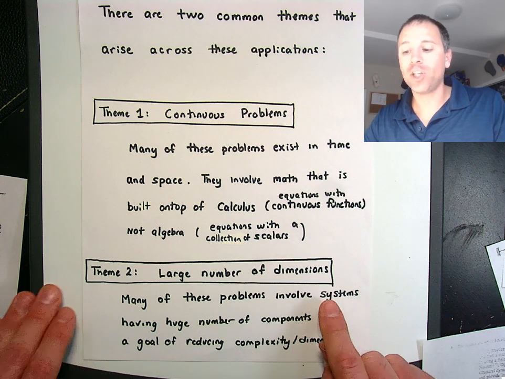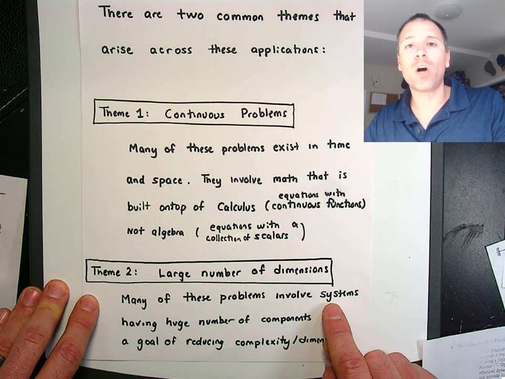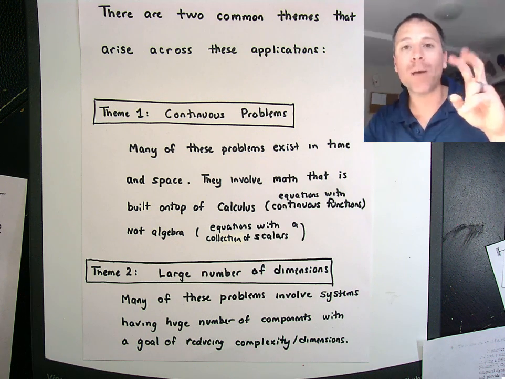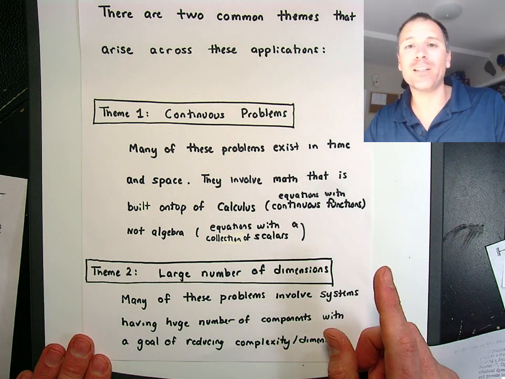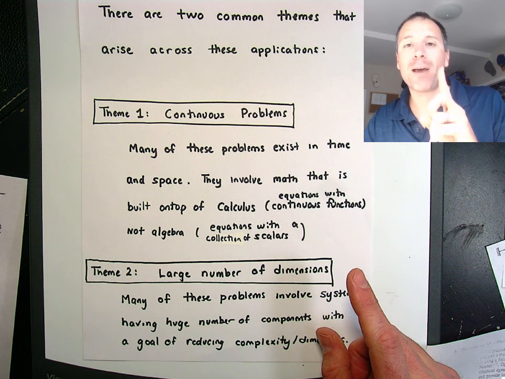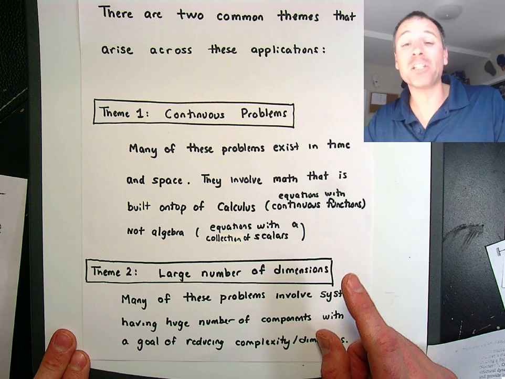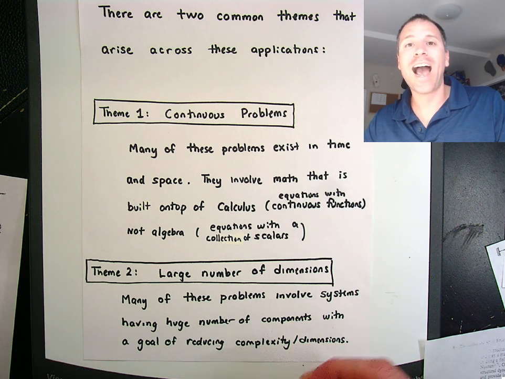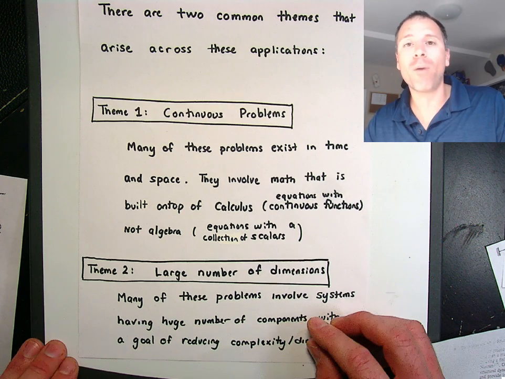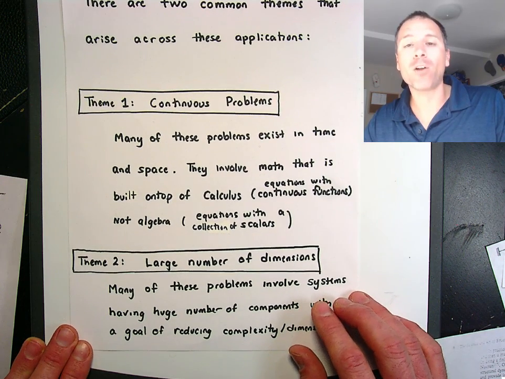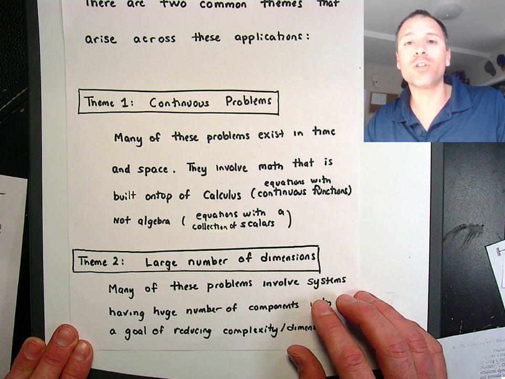The second theme that shows up is that many of those problems involve systems with a large number of dimensions. Now, large is relative. If I've only done mathematical analysis on a system with one dimension, and then I go to 2 dimensions, that's much, much larger. But what you'll see is as we increase the complexity of our model, more and more components are included in the models that we use to get closer and closer to real life.